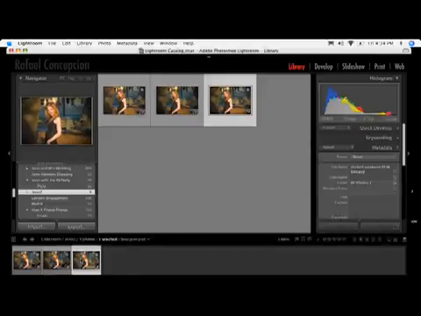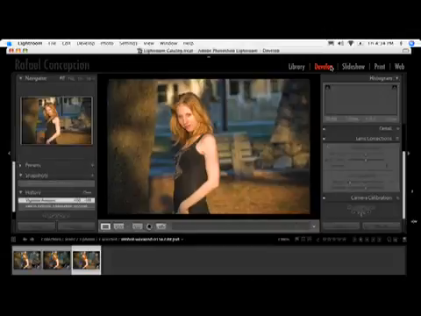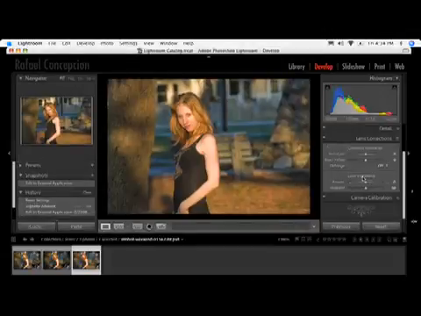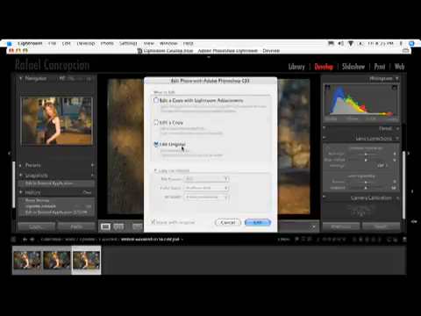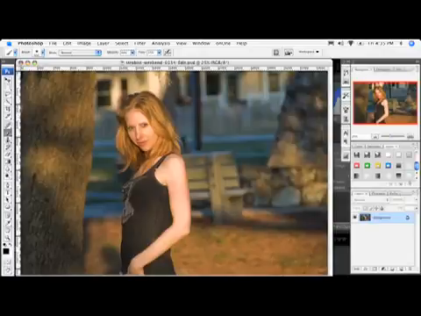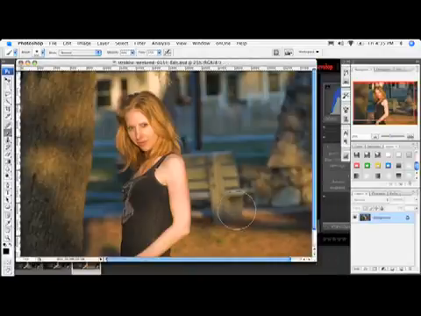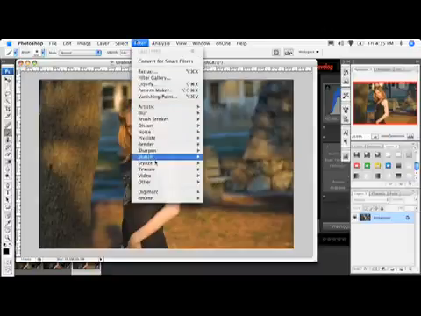Now, what if you didn't want to do this in Lightroom and you wanted to do it just in Photoshop? What you can do here is just edit the picture out. This one, I'm going to edit the original one because this happens to be the copy that I had just made. And you can do that vignetting right from within Photoshop. To do that, you can go to Filter, and under Filter, you kind of have to look for it because